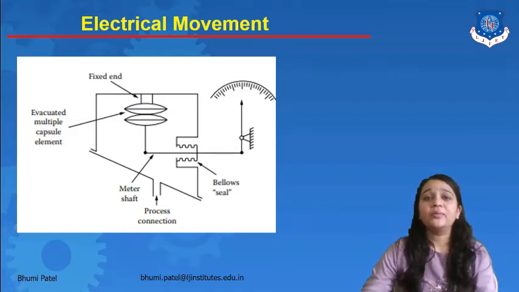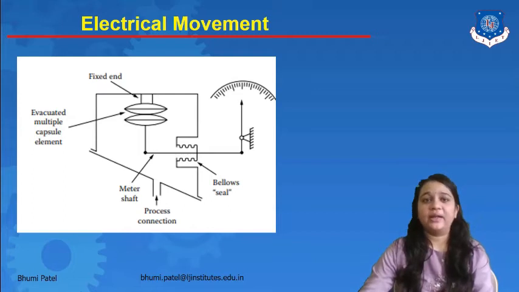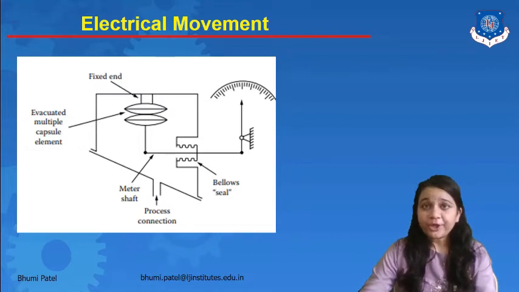The movement is the most sensitive of all movements. It can detect DC, or with a detector it can also handle AC voltage. It requires only microvolts for operation. The electrical movement response is generally linear, and the error can be as low as 0.1%. In the polarized movement, one coil is fixed and the magnet is moving. So this is the electrical movement of this system.